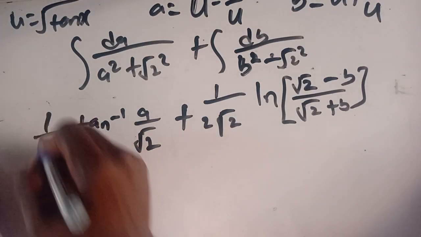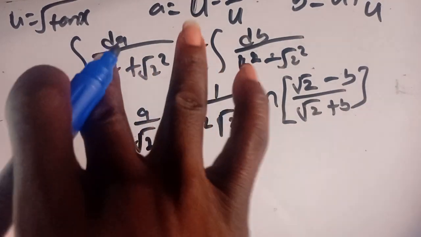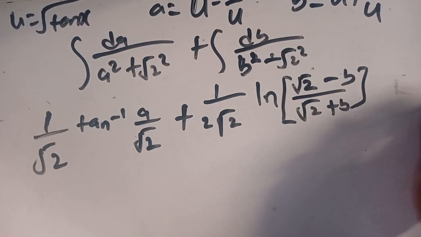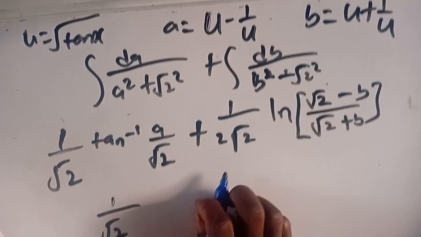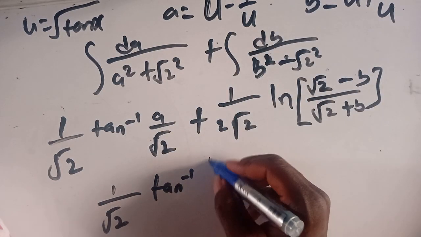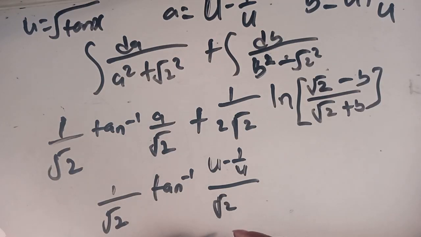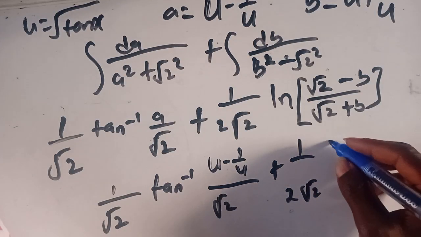You don't need to prove it, except if this is the original question. But since this is where you get to when you are solving a particular question, you can just put the standard integral directly. So this is the final answer, but we need to substitute back. What's our a? This. So this one becomes 1 over root 2 tan inverse of what? What's our a? u minus 1 over u divided by root 2, plus 1 over 2 root 2 ln